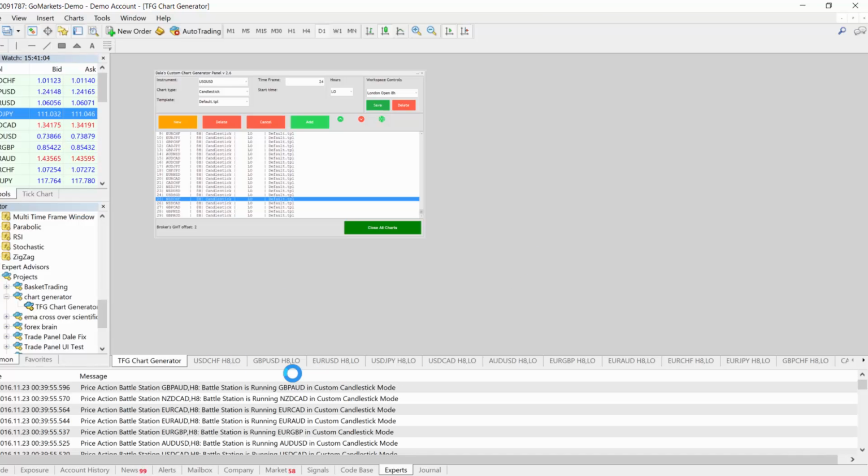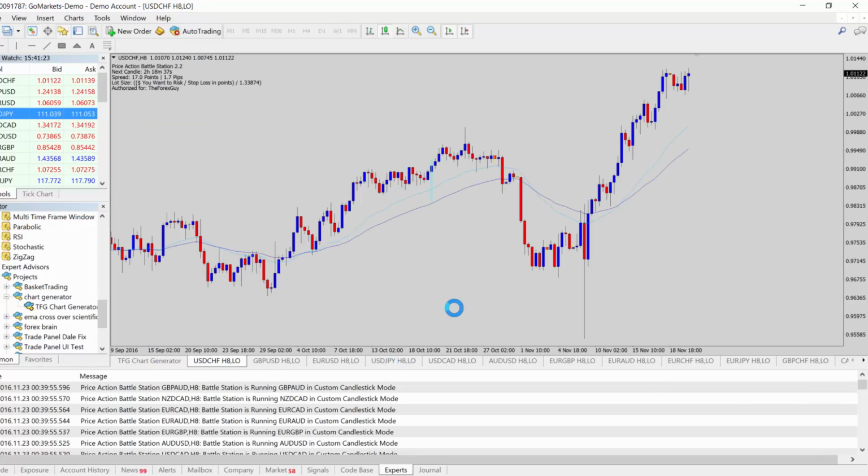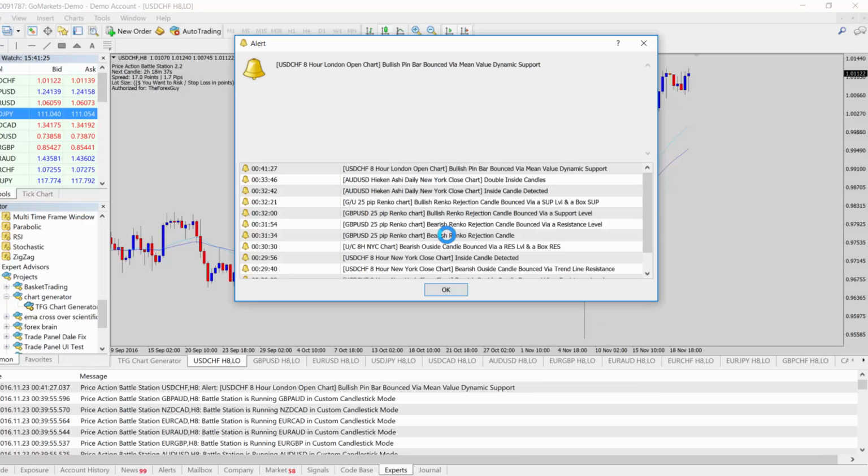That's what the new version of the battle station has: this delayed loading system that works in tandem with the chart generator. So it's very important that you update to the latest version of the battle station so you actually get that functionality, so you don't break your MT4. So all the charts are loaded. Okay, so we click on that,